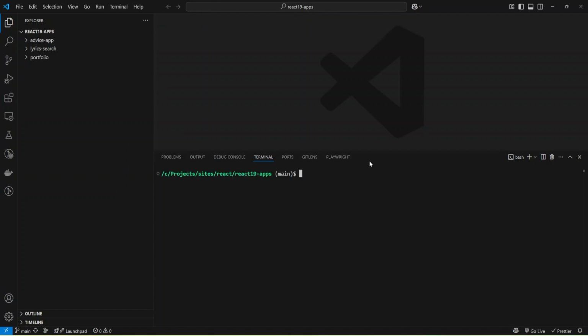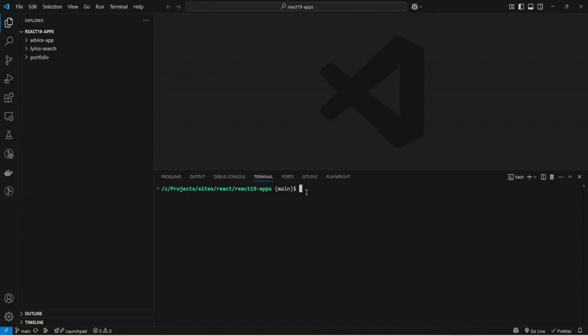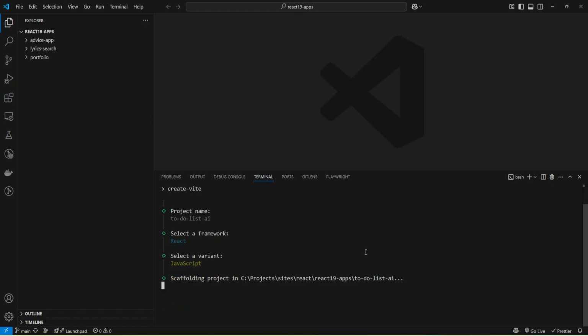And now I can create a new project with the command npm create vite@latest. I can provide the project name, and let it be todo-list-ai, and select React, JavaScript.